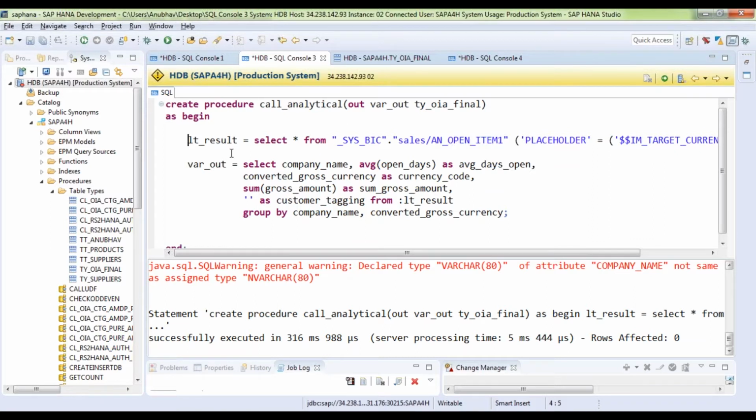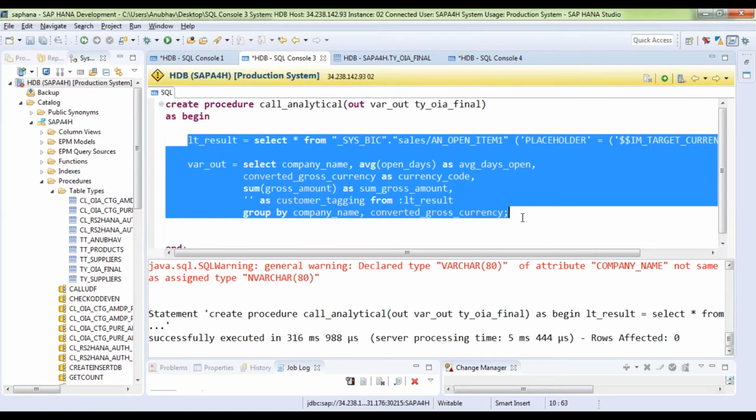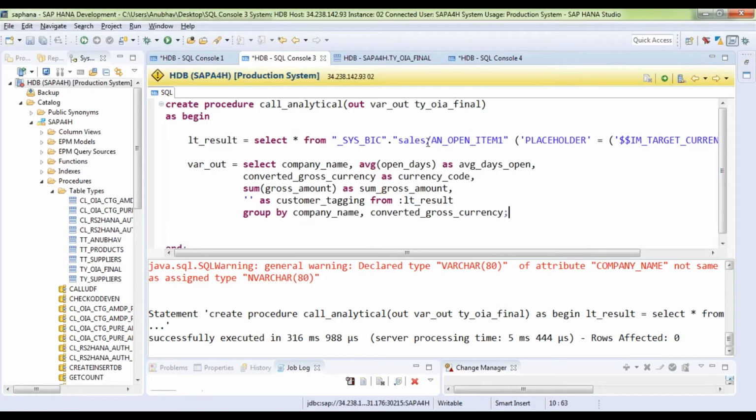Why somebody would like to do this, I don't understand. But yes, there may be cases where you want to read the data from an analytical view, do further processing, and then return the result. That definitely makes sense, calling an analytical view inside the SQL procedure. But in this case it doesn't make sense, because your analytical view is already doing the magic for you. We have already seen the result consumed from this using the view proxy technique. Okay, let's move on to the next topic.